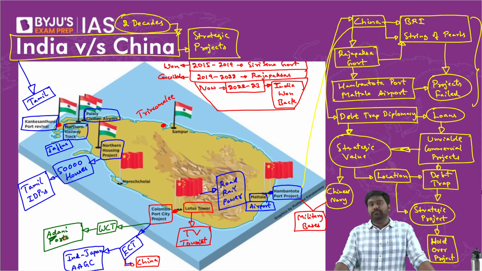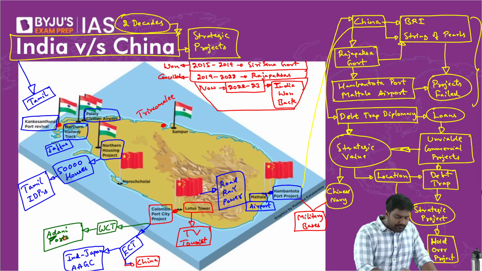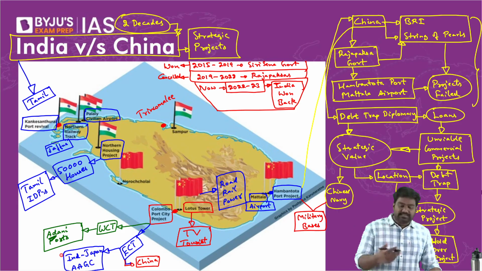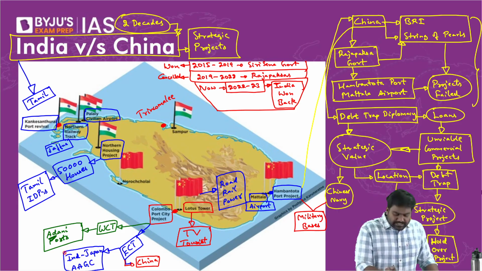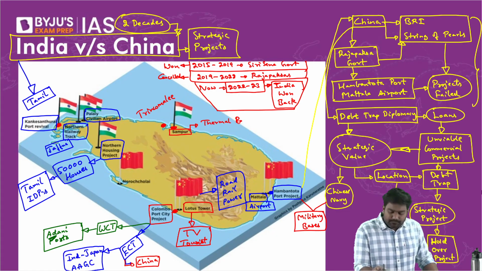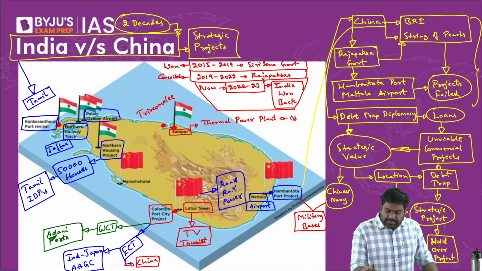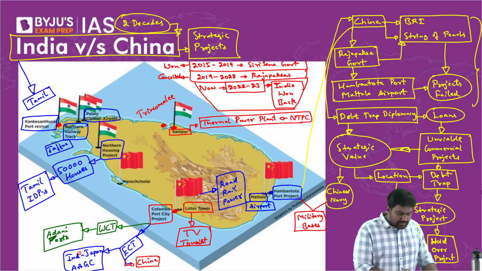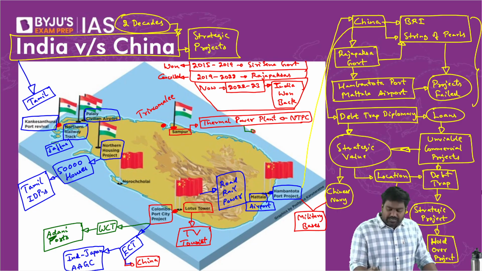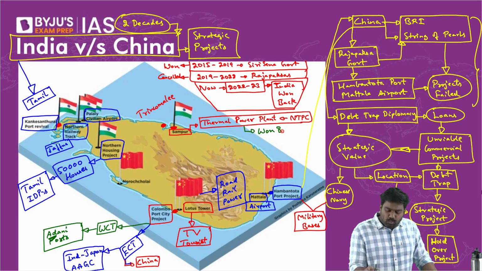to India's Adani Ports. Next, if you come to the east, the eastern side of Sri Lanka, at this place called Sampur, near the Trincomalee port, India was looking to set up a thermal power plant. India was looking to take up a thermal power plant project to be executed by our NTPC, the National Thermal Power Corporation. We had won the project, but it had been cancelled because of the Rajapaksa government, and now we have won back this project.